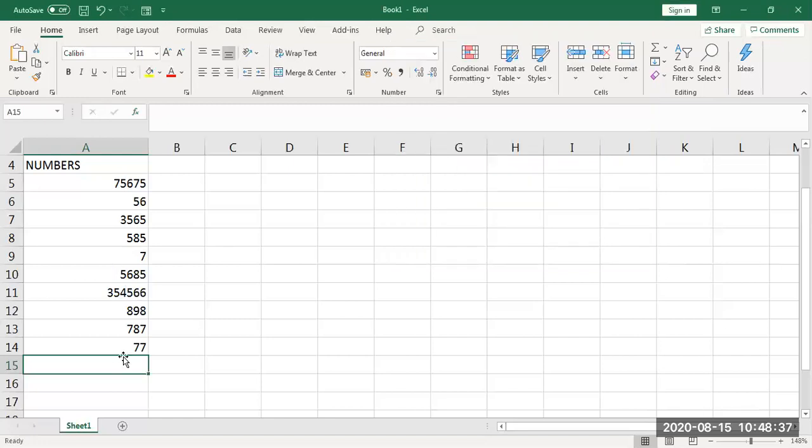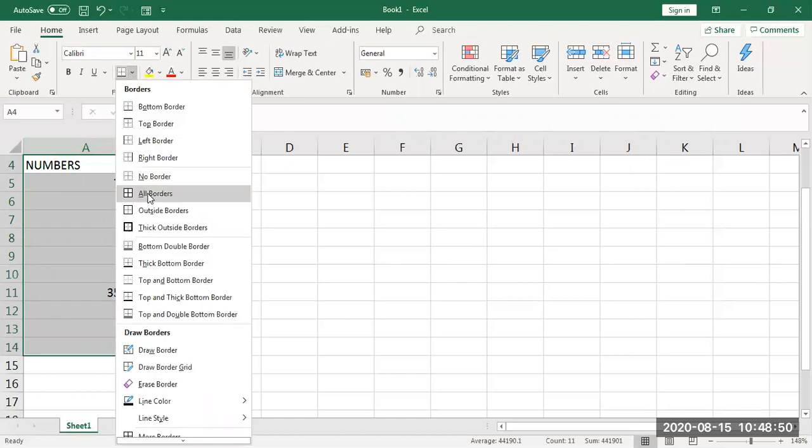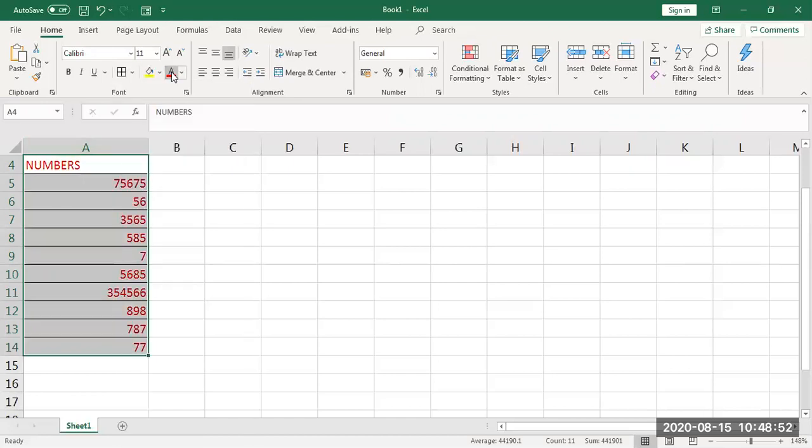So in today's session we will start with simple calculations. I want to add this set of numbers, so I have entered the numbers. See, for this also you can do alignment. I can select a box, put a border for it, and give it a color. I can give some different color for this. These options and more you can do. I can make it come in the center.